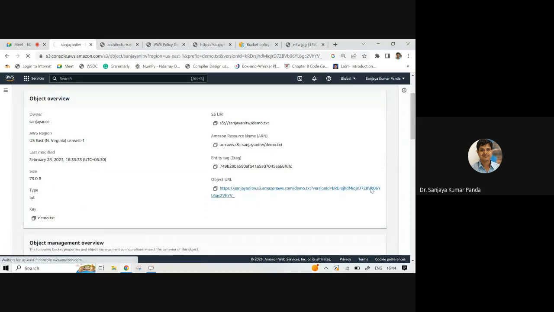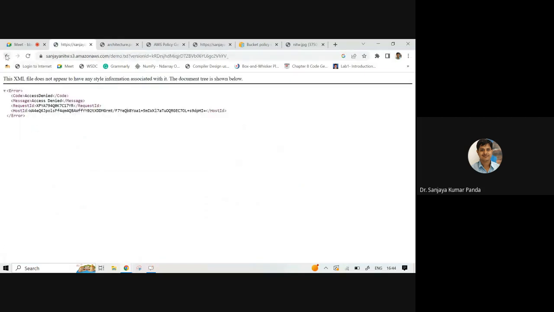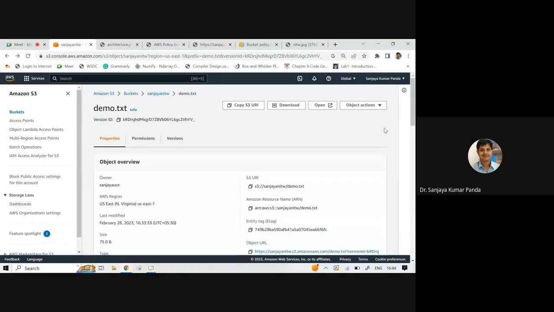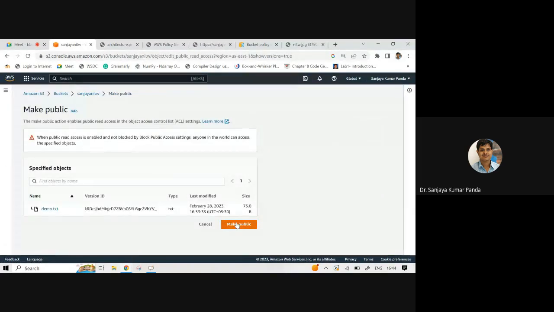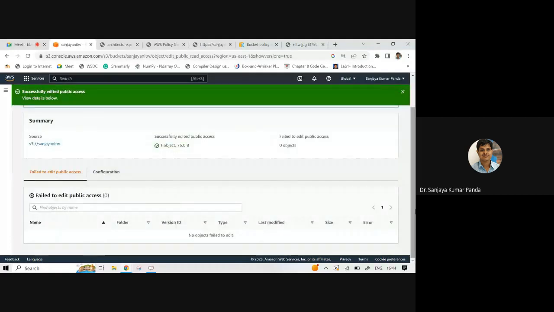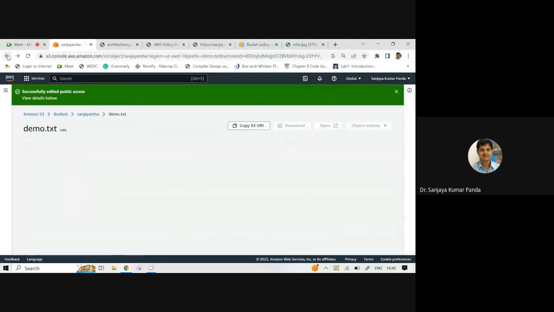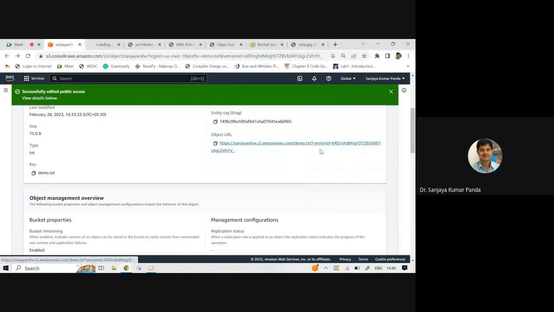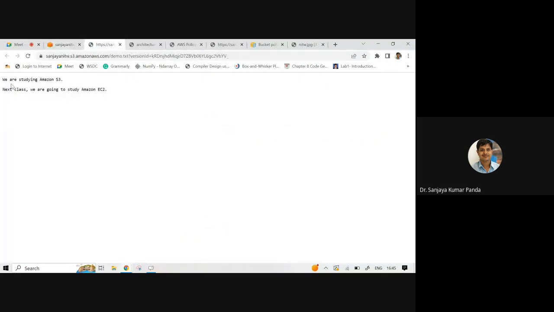If you click it, it is the second version. Let me open it. Then you can see this is the second version, right? Not the latest version.